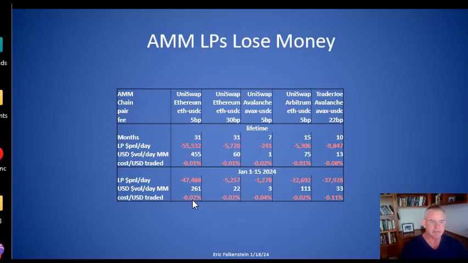If you look at it in January, it's the same thing. It's 2 to 11 basis points, but for Uniswap, it's more like 2 to 4. So they're getting killed, and it's interesting that they're losing like 1 basis point whether it's the 5 basis point or 30 basis point pool, which is curious. So let's go into how we measure these things and where I'm getting these numbers. The basic idea. Well, let me go to this